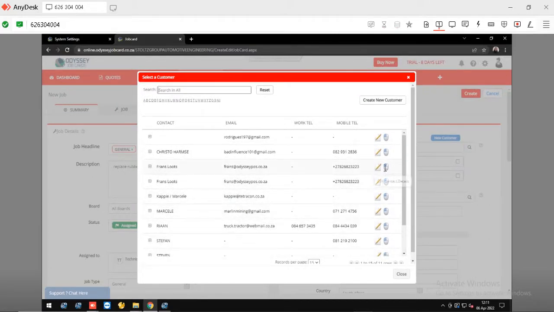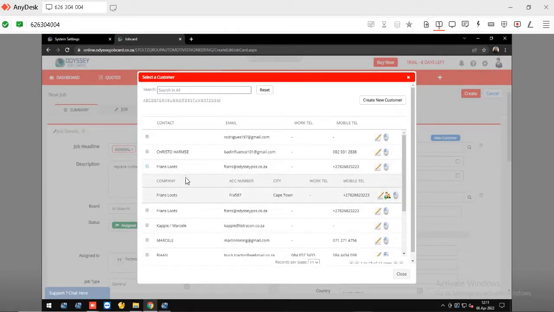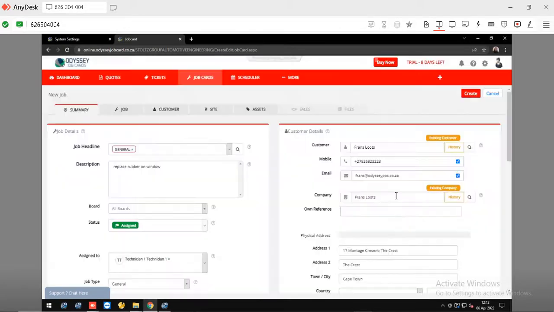You will see I can click on the mouse there, or I can open this up and it will show for this company there's 3 or 4 people in that company, and if I want to add an extra company, this is more for if you have a fleet, or let's say you're doing work for the university, and which faculty and which person inside the faculty, so you can break it up and add another person there, and then just click on the little mouse next to it once you're done, and it will pull up that